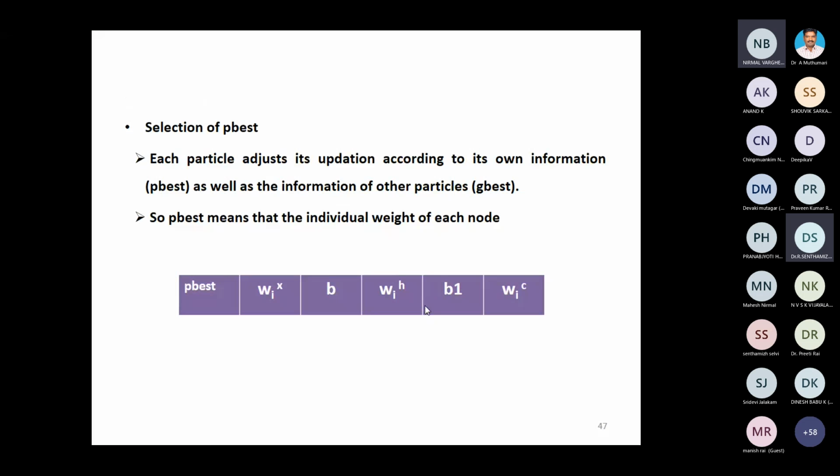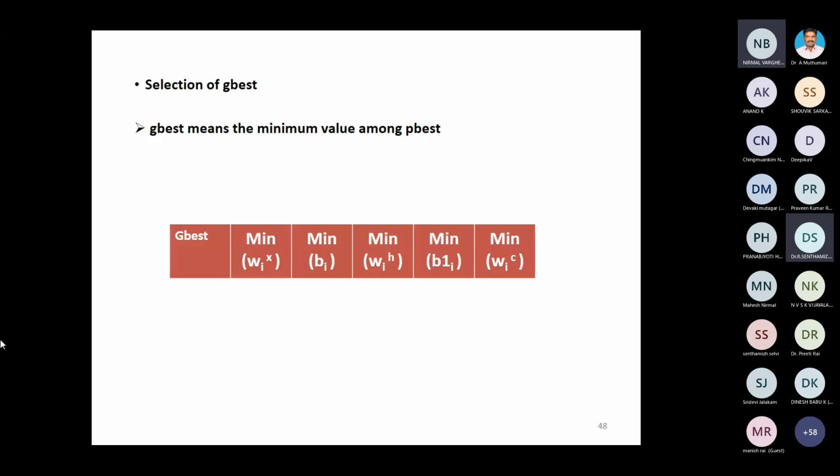And from here, how I am taking my personal best and global best. The same way I am making an iteration. The minimum error of a particular particle will come as a personal best. If I do the error of all the particles, we achieve the best of the minimum error, that is called global best. Okay, right. So selection of P best and selection of global best. The minimum of the local best for the individual particles is called the global best. Selection of the global best.